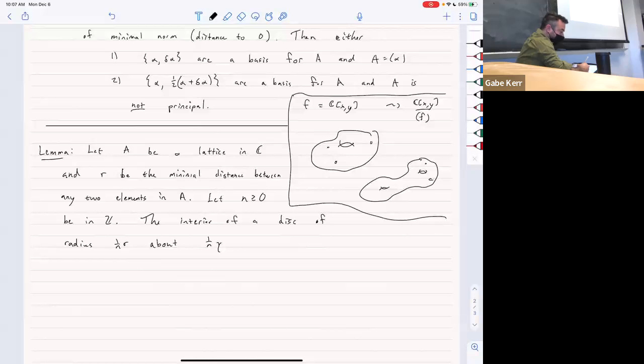I didn't say something. I'm sorry, I need gamma to be in, sorry, I didn't write this down. Gamma be an element of A. The disk about 1 over n times gamma contains no element of A other than